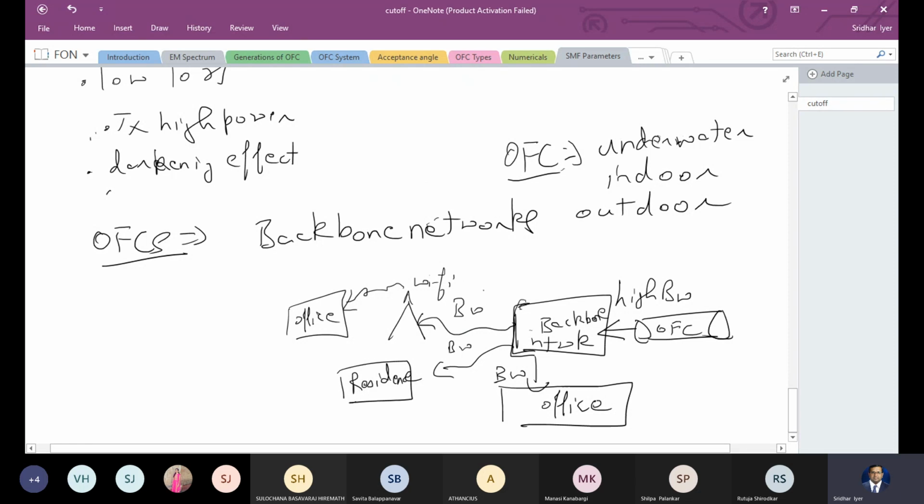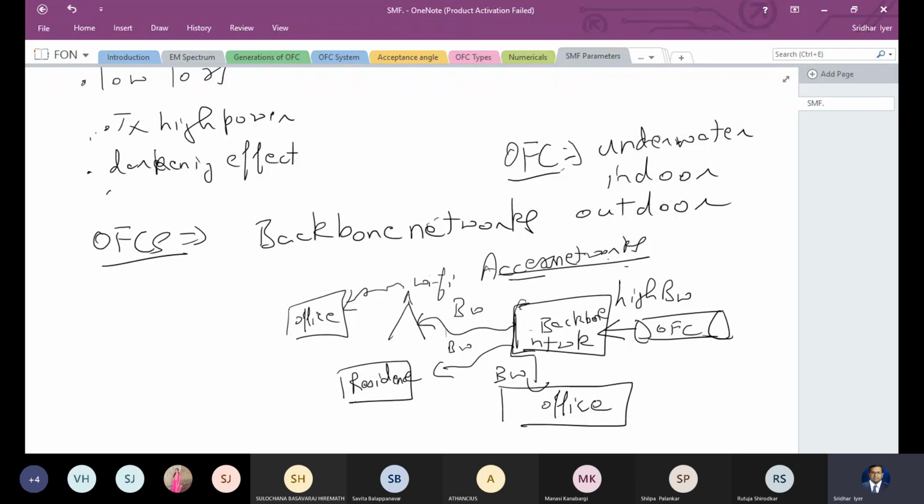The front end, that is the network which goes to the office, residence, and educational institutions, and so forth, are known as the access networks. Why are they the access networks? Because the customers are going to access the bandwidth through those networks, right? The one in our college is also an access network where you get Wi-Fi in the campus, but the backbone is always going to be the optical fiber. So this is the real use of the optical fiber.